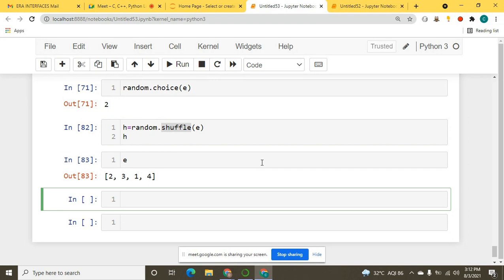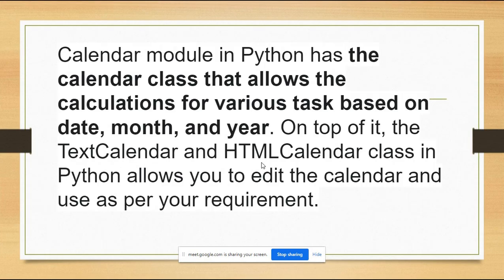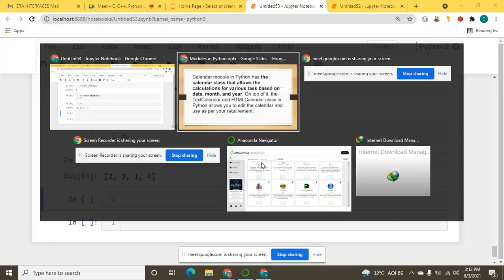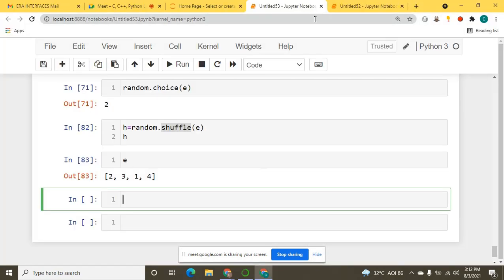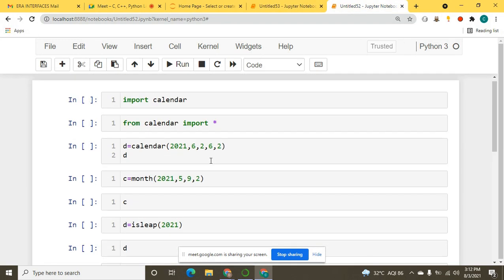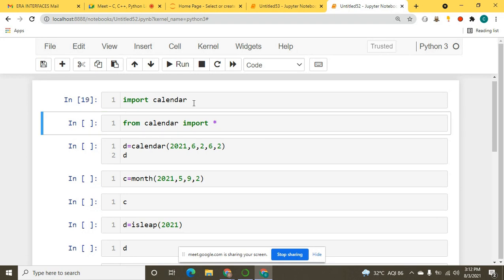So now the calendar module. The calendar module is used when we want to find out the year or month or day. So here, what I did, I just imported my calendar, and from calendar I want to import everything, meaning I want to use everything.